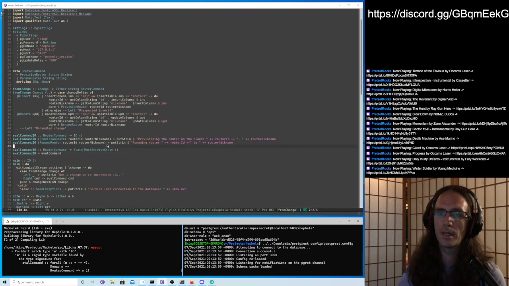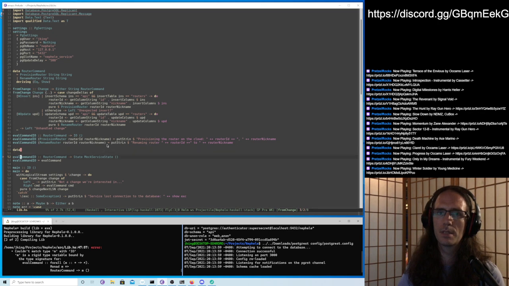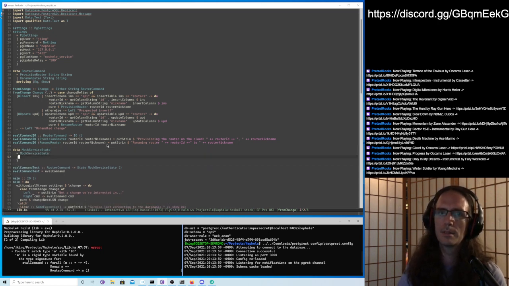So instead of IO, maybe we wanted a mock service state, so instead of eval IO, it's like email command and test. And our mock service state might be some state type thing that would have a way of us recording which calls were made to our services.